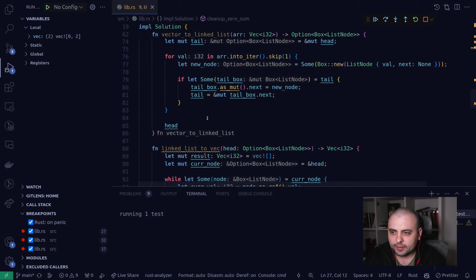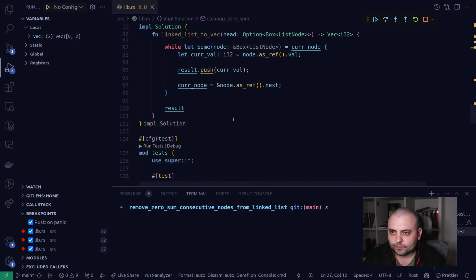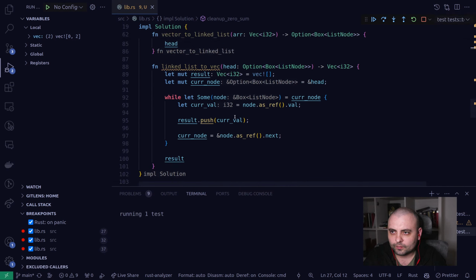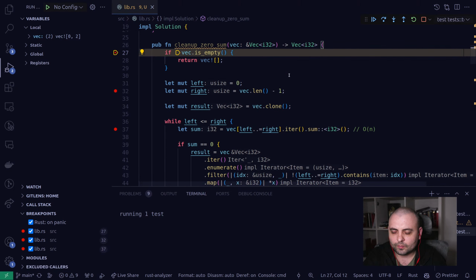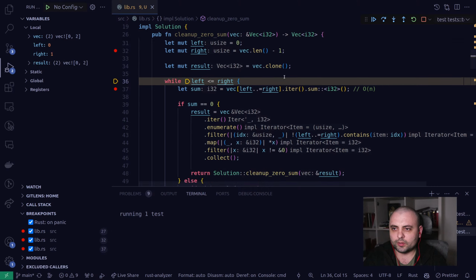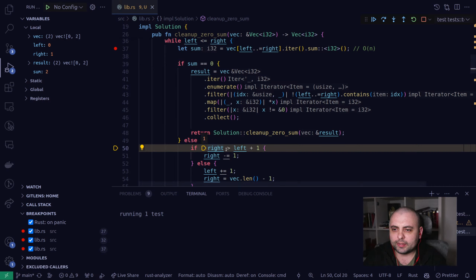Some sign issues. So we have left 0, right 1. If right is greater than left plus 1,